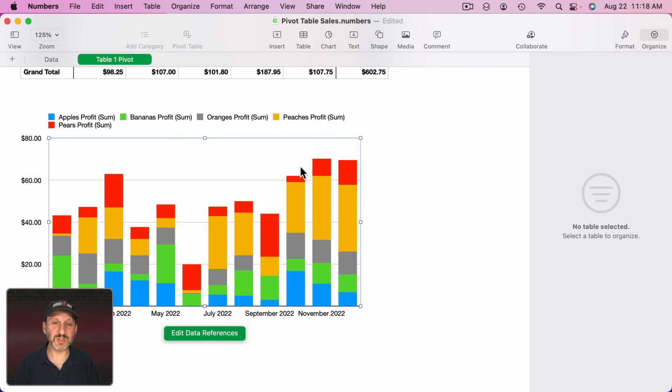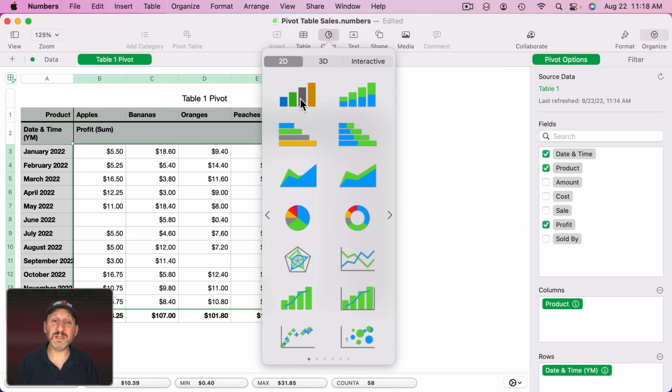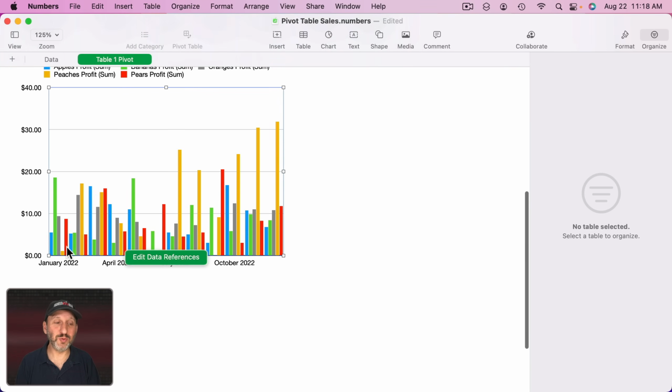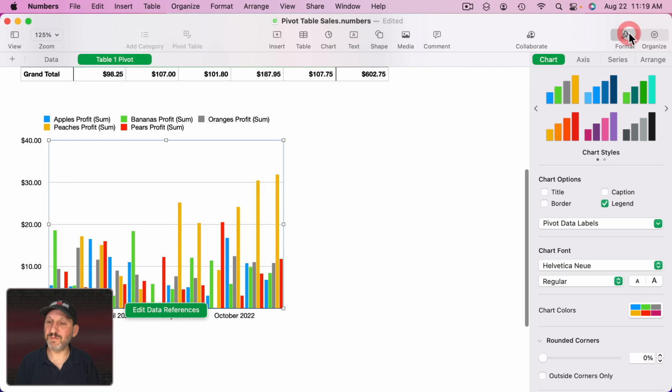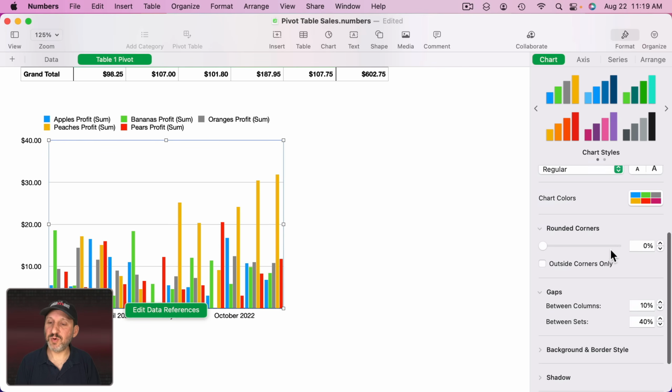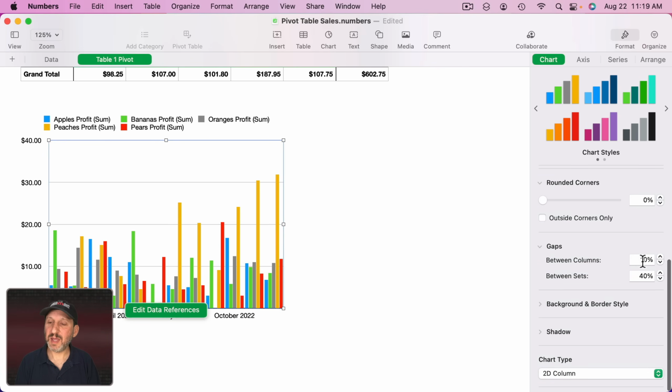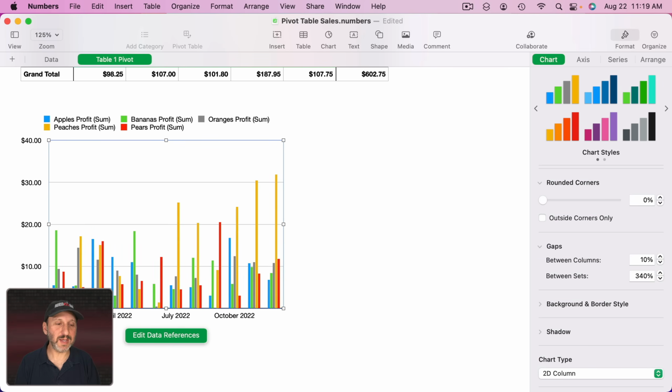So pears, for instance, are red. So I could see how pears did per month and also the total. Or with this selected, I could have done this kind of chart here. And it actually groups together each of the months first. And then inside each month, it groups each of these. And if I select this and go to Format here, I could scroll down here and there's gaps. And I could have gaps between sets be larger so I can more easily see which one's which month like